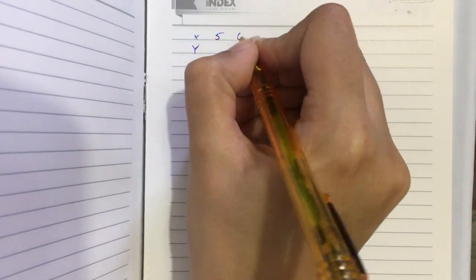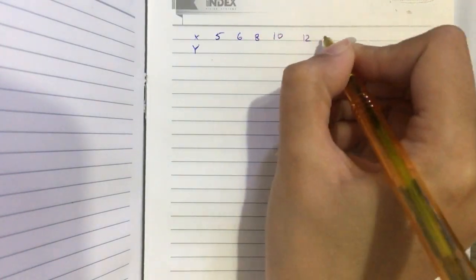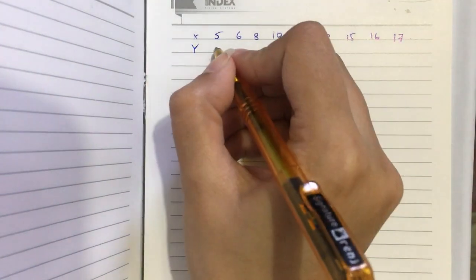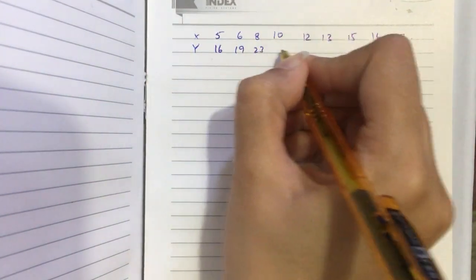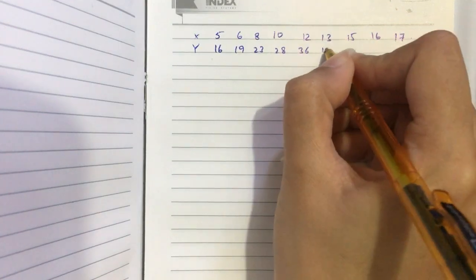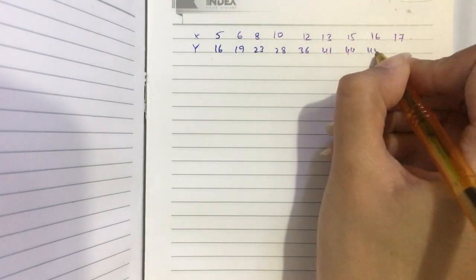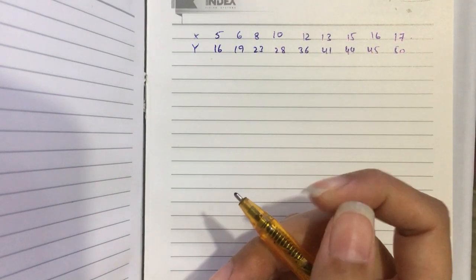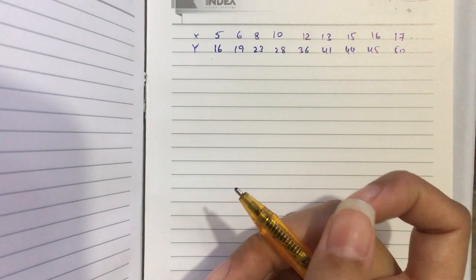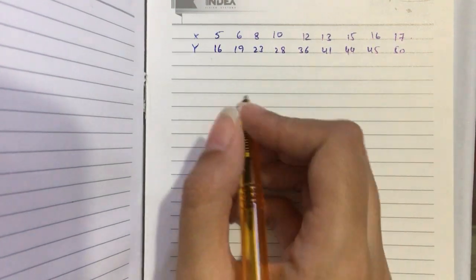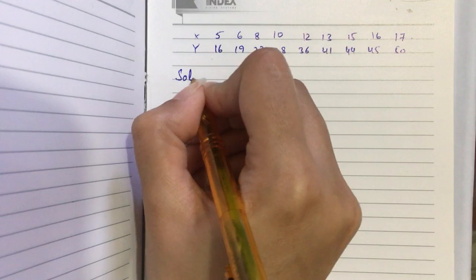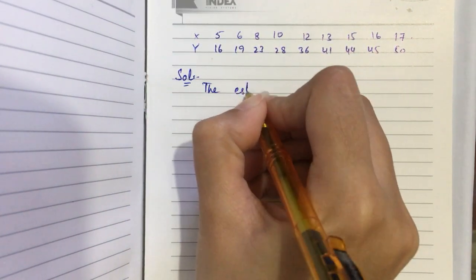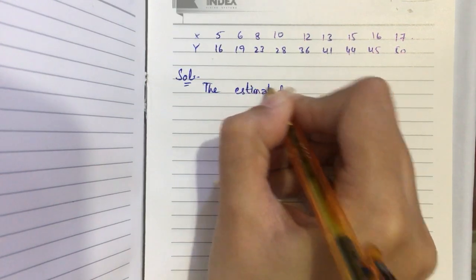X is 5, 6, 8, 10, 12, 13, 15, 16 and 17, and y is 16, 19, 23, 28, 36, 41, 44, 45 and 50. This is the data given here, and we have to estimate the regression line, or I can say what is the regression coefficient. So the solution of this problem is, first, the estimated